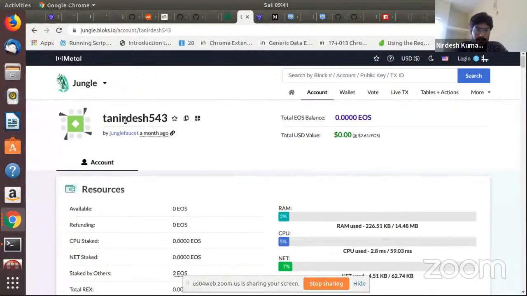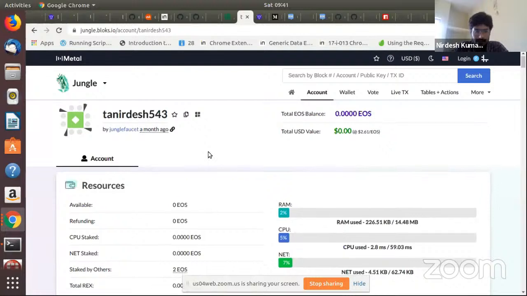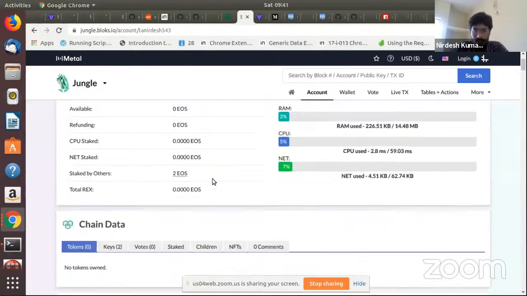First thing is that for the account name you can use only lowercase alphabets and numbers 1 to 5, right? And then I have purchased some RAM, then CPU, then net. But I will explain those things. Don't get panicked in the initial stage,